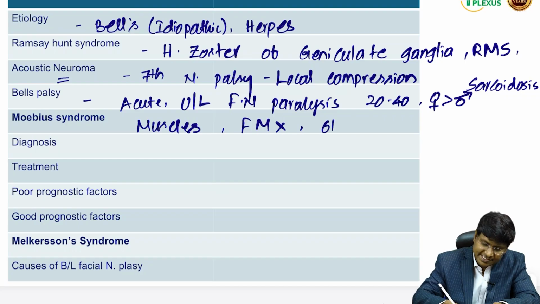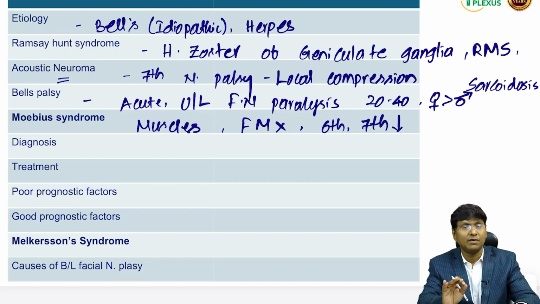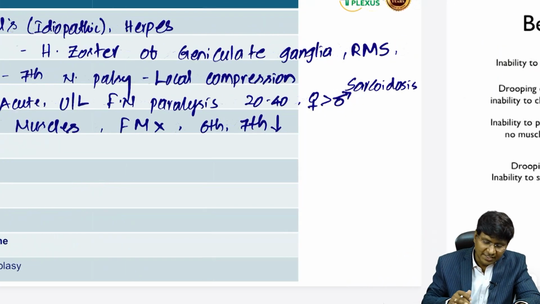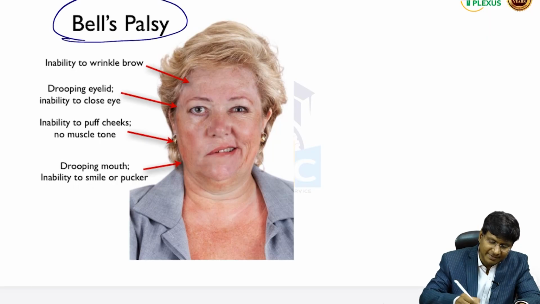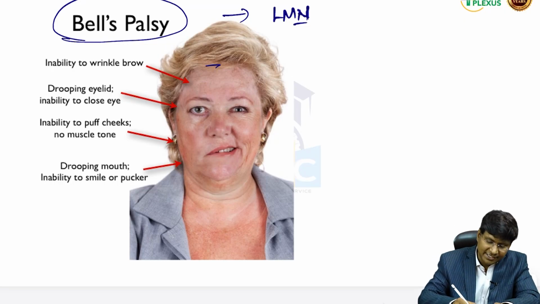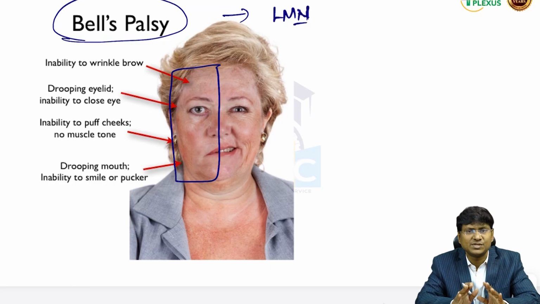So both 6th cranial nerve and 7th cranial nerve underdevelopment will be there in case of Mobius syndrome. Then what will be the features of Bell's palsy? In case of Bell's palsy, it is the lower motor neuron type of paralysis and it is usually unilateral. And in lower motor neuron type of paralysis, it is the entire half of the face that gets